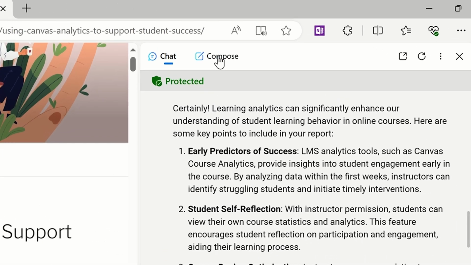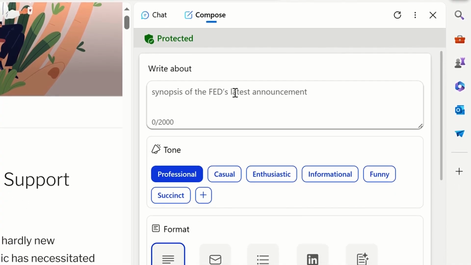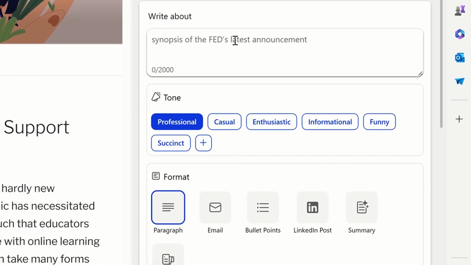You might have noticed that above it, there's also this compose feature. So the compose is not directly related always to the web page that you have open. You can use it as a standalone feature, and you can see that this is a bit of a different interface, but it's still part of Copilot. It's unique to being inside the Microsoft Edge browser, and this allows you to put in a prompt that'll generate an output that is designed for specific communications or outputs. So you can see you'd put in your